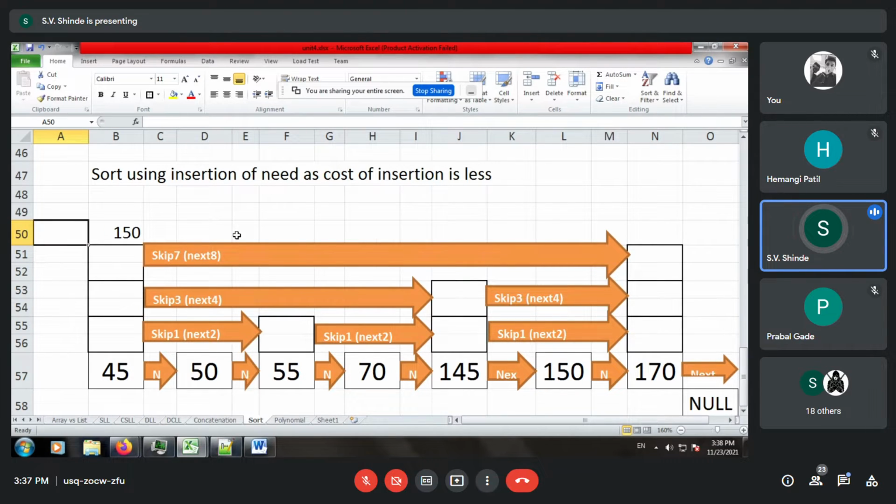Now 150 is within the list. Can anybody guide us what will be our searching strategy? Which path we should choose for searching? Skip 3, skip 7 or skip 1?